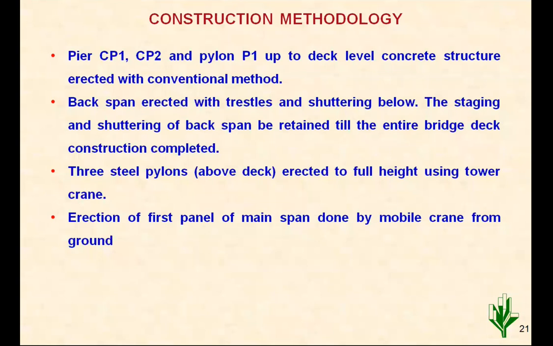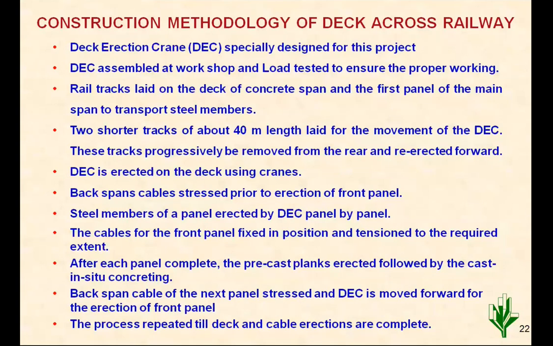Now the erection and completion of this back span is very easy as compared to the front, because that is outside the railway boundary and there is no hindrance of railway traffic. So that was done without any problem. The front span erection was done with a specially designed deck erection crane. Like in Nagpur, that shuttering arrangement was specially designed. In this particular case, steel girders are used. So erection of steel girders on the railway track above the traction line was done using a deck erection crane.